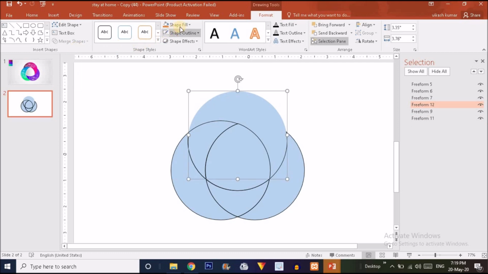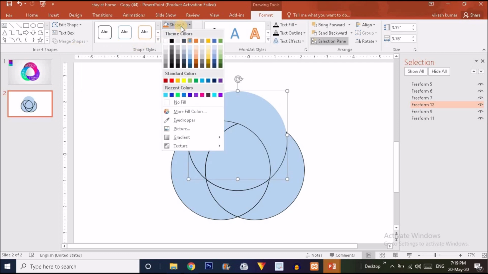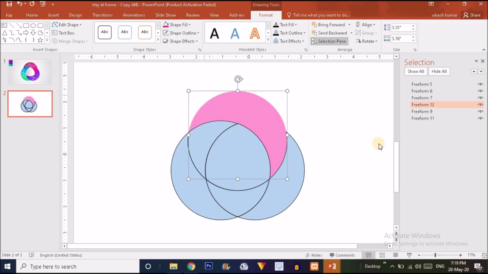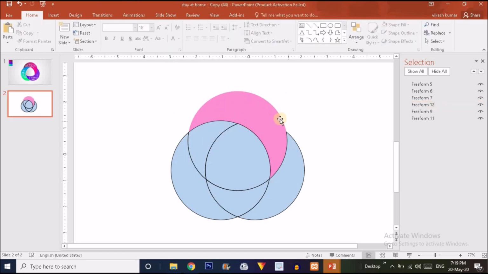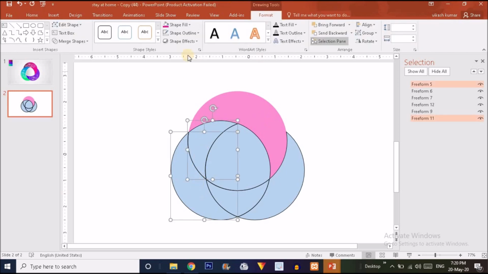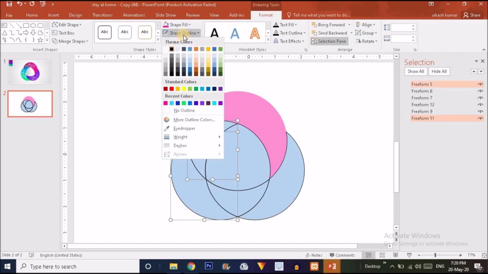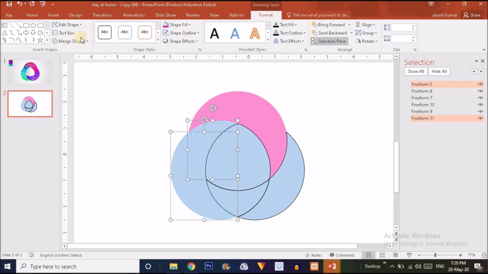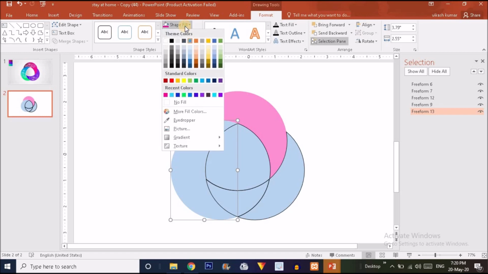At the same time I'm going to fill it with a different color, like a pink color for this. So this is the shape we want. Again I'm going to select this one and this one, these two shapes. Just go to the shape outline option and make it no outline. Again go to the merge shape option and say union, and for this shape I'm going to select another shape